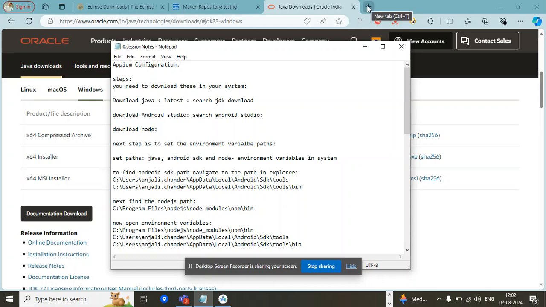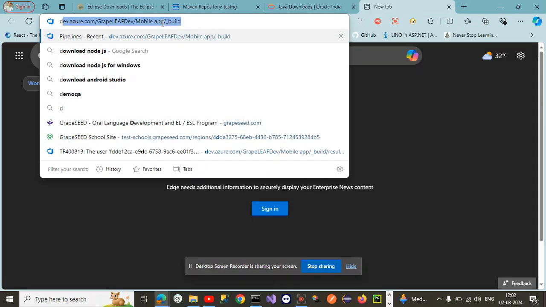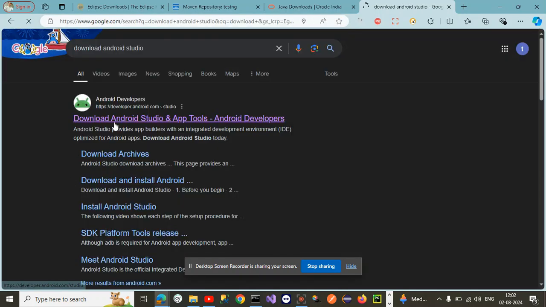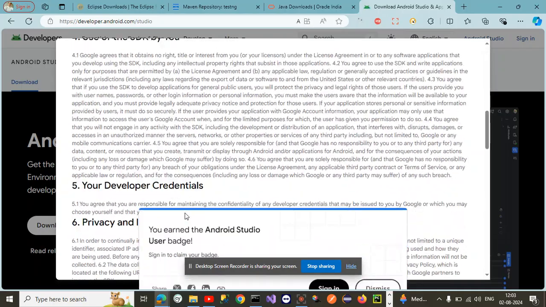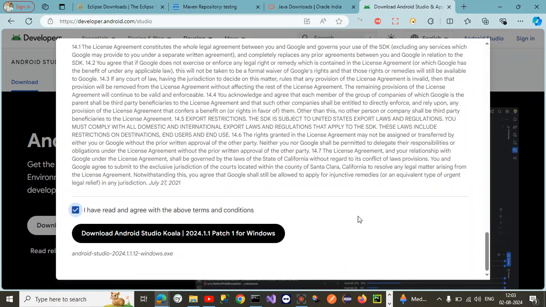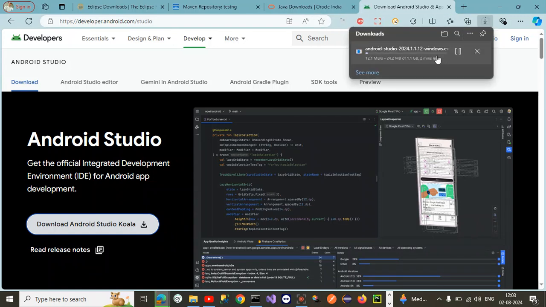Next thing that we need to download in our system is Android Studio. For that you need to search download Android Studio and simply navigate to this site, developer.android.com, and click on this. Accept the terms and conditions, click on it, and your download will start.